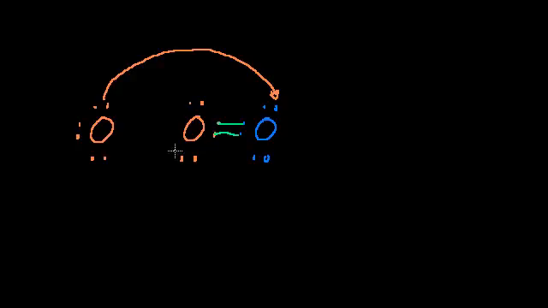So this guy right here, he had 6 electrons, but he can kind of pretend that he has this electron and that electron. So he has 8 in his valence shell. And this guy, he's going to do the same thing. He has 1, 2, 3, 4, 5, 6. But he also can kind of pretend that these guys are also in his valence shell. So he's happy. And this notion where you're actually sharing electrons, where these electrons are going to go in both electron probability distribution clouds of both atoms, this is called a covalent bond.